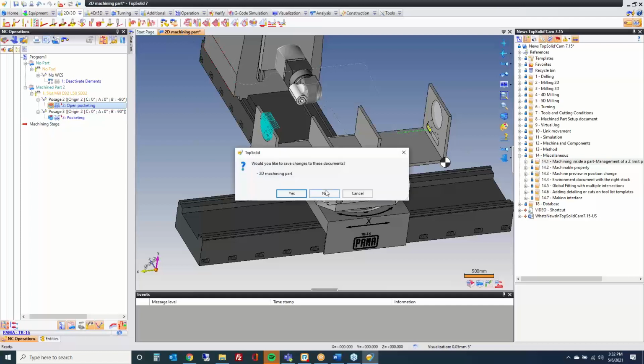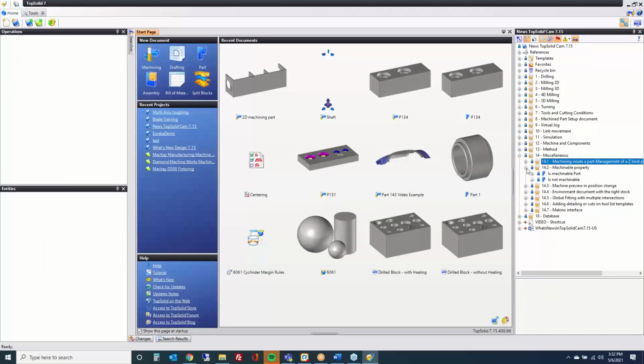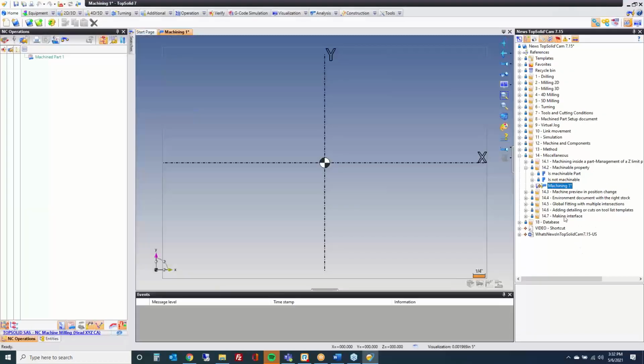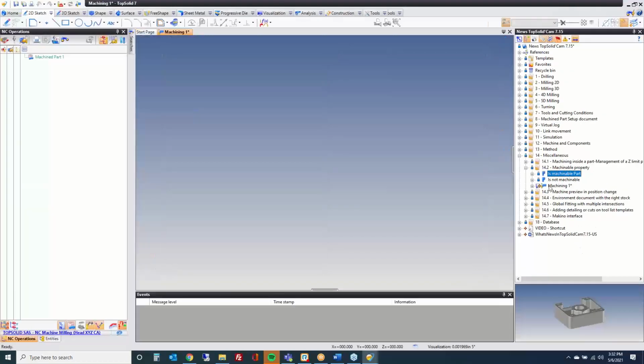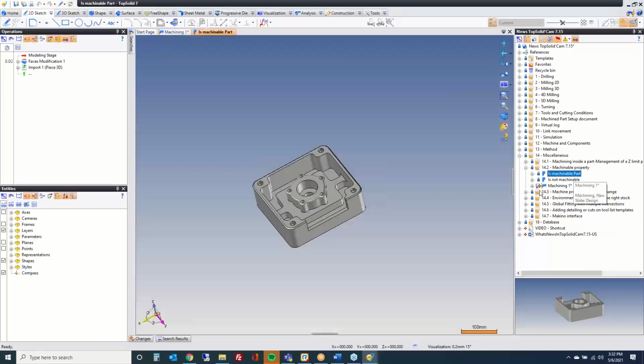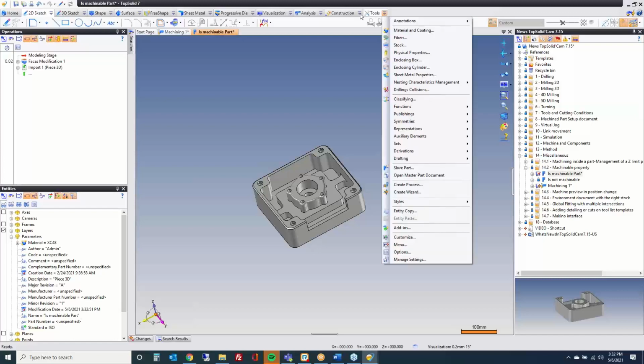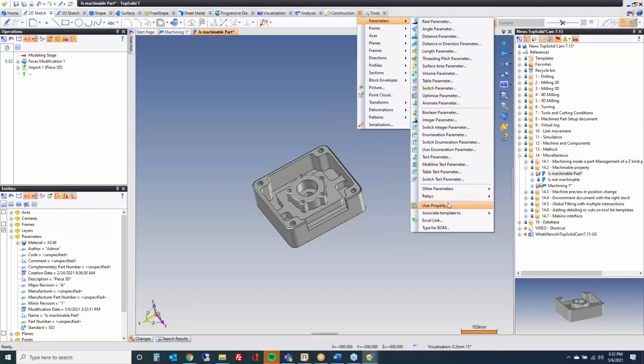Okay, the next new improvement is Machinable Property. This one is actually extremely cool, albeit it's a boring example. So let's go here to make a machine document real quick. So there's a new property type, is machinable part, okay? So I believe I already have it in here, but let's delete that. And then we can go to construction, parameters,